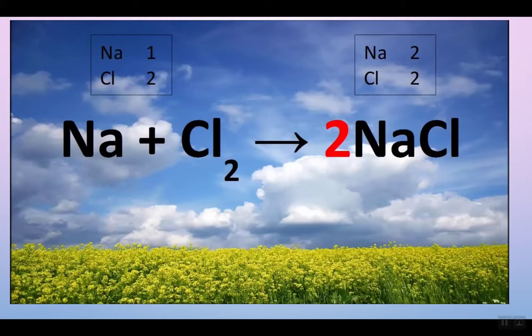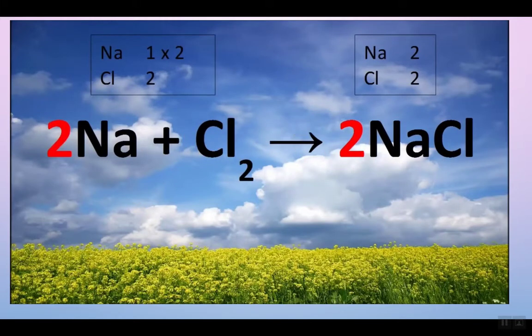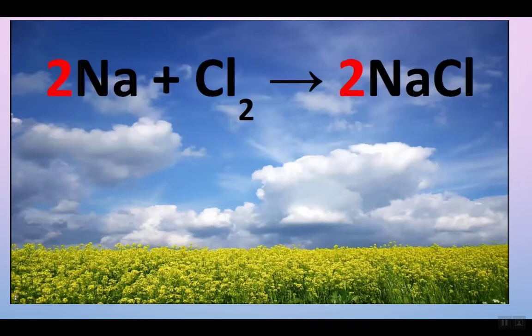To counter this, we put a 2 in front of the Na on the left, giving us 1 times 2 sodiums, 2 sodiums. This is a completely balanced symbol equation, because there are 2 Na's on the left, 2 Na's on the right, 2 Cl's on the left, and 2 Cl's